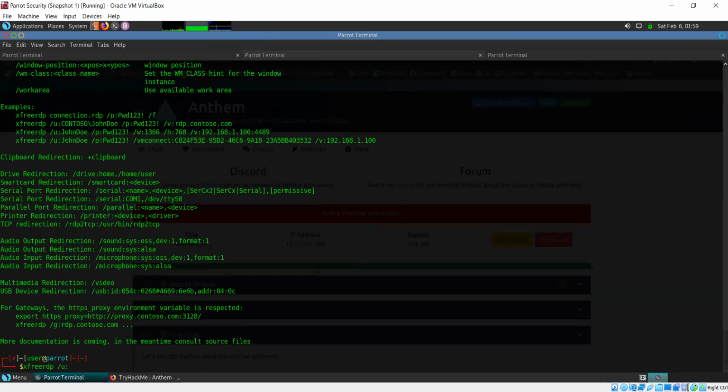xfreerdp, username. What is the username that we should use here based on what we found so far? Solomon Grundy. And what about the password?